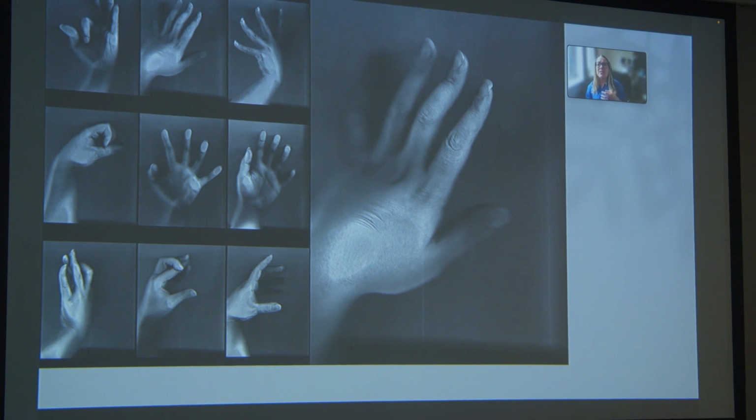And I make decisions on my practice, or my methods of making my practice, based on my experiences with my disability. So the flatbed scanner didn't just record my hand, but it recorded the fingerprints, the hand marks, everything that was to do with my hand engaging with and working with the scanner.